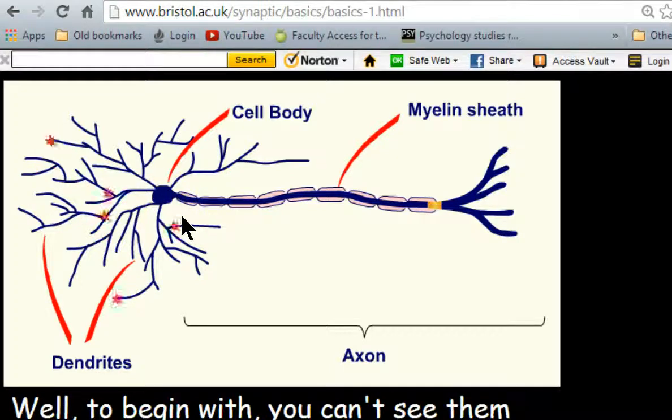Alright, in this animation you see one neuron. You see the branches on the left, they would be the dendrites. You see the cell body, and then the long axon towards the right ending in terminals. And back on the dendrites, you'll see those little red things that are sort of moving down the dendrites towards